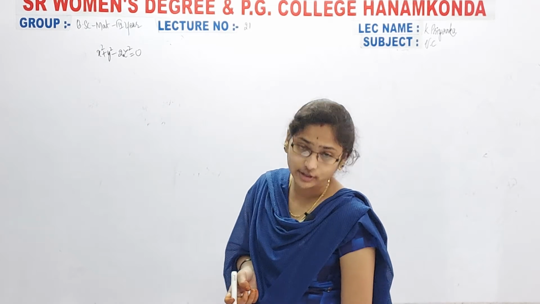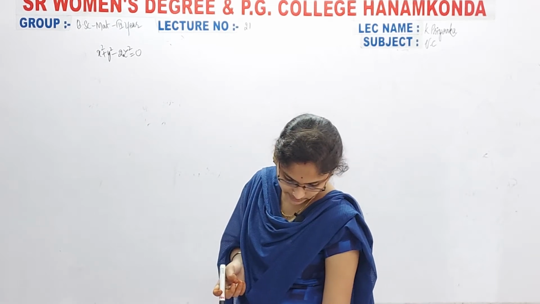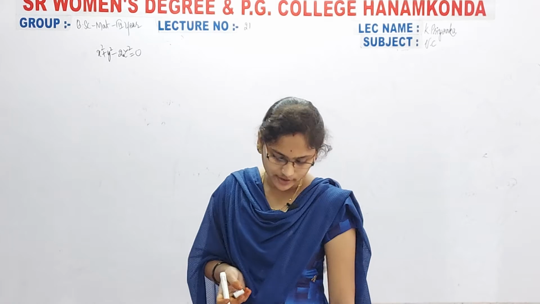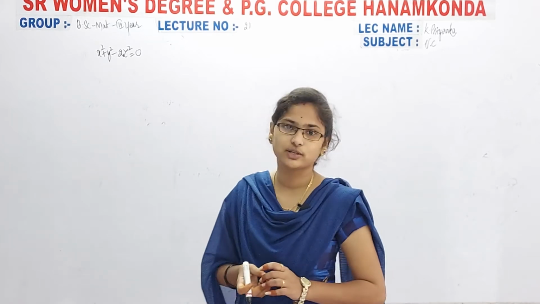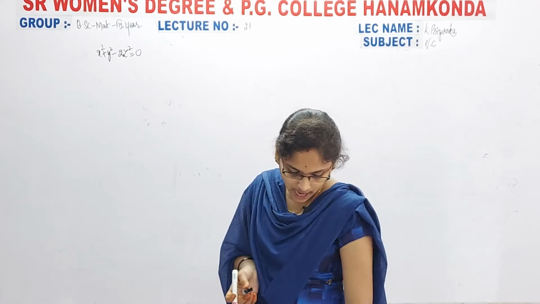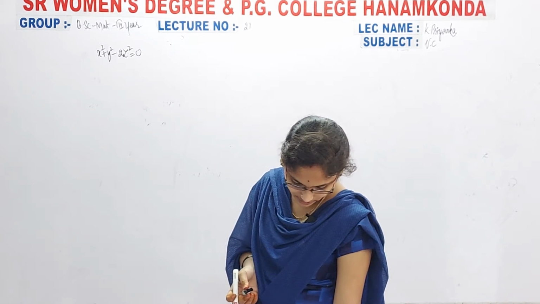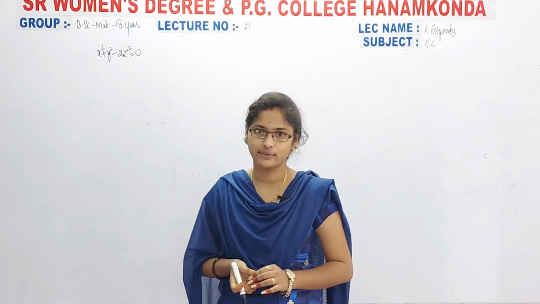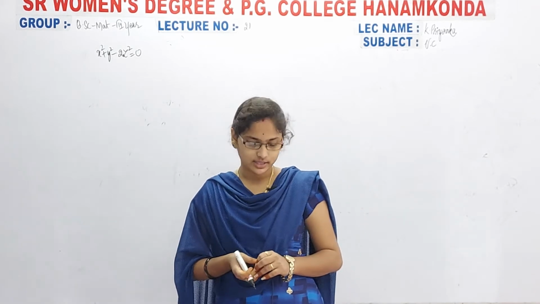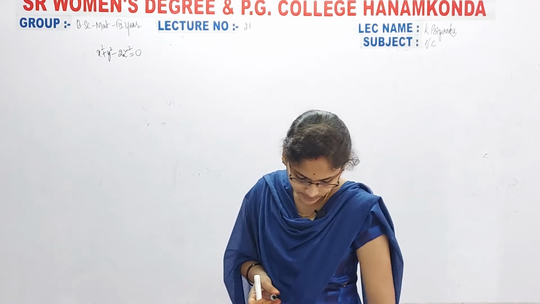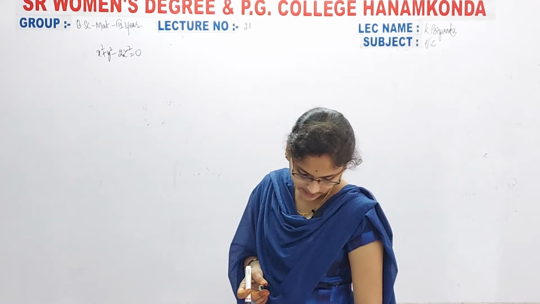First of all, what they are asking is to find the equation of the plane which is tangent to the surface. So first we have to consider the function, and next we have to calculate grad f. They gave one point, so we have to calculate the value of grad f at that point, and then with that we have to make one equation by taking the variables x comma y comma z. Finally we have to calculate the constant value.